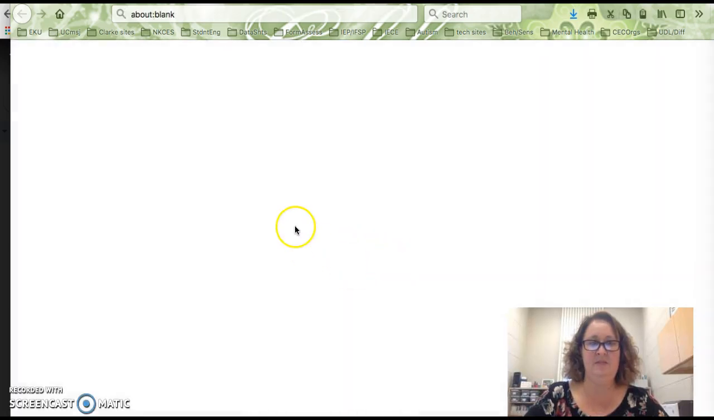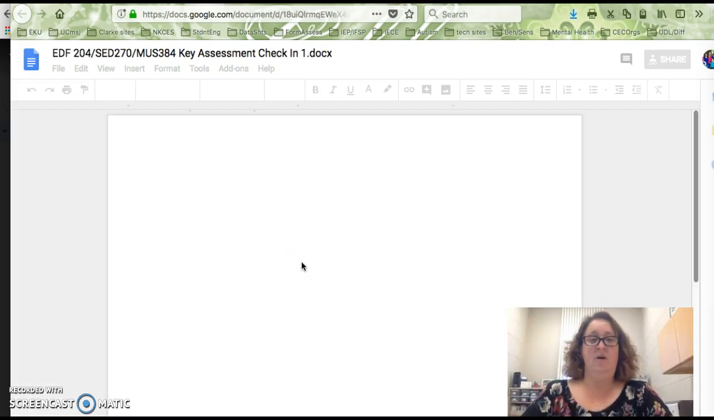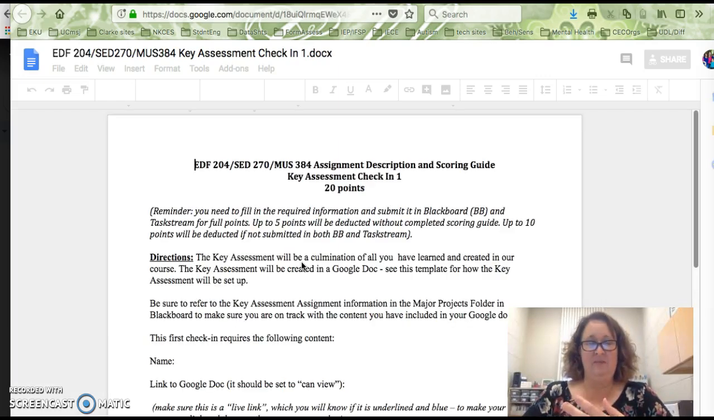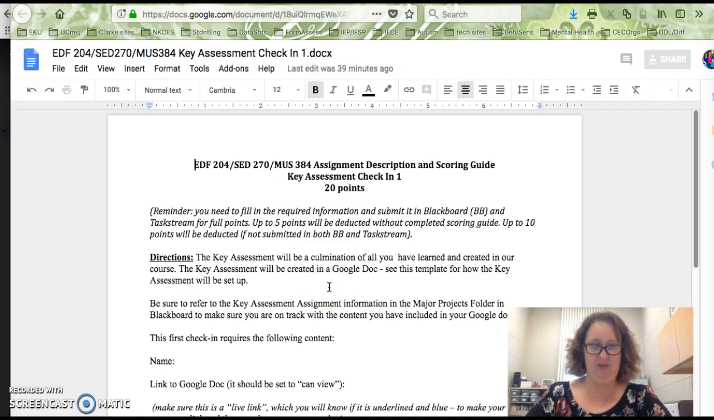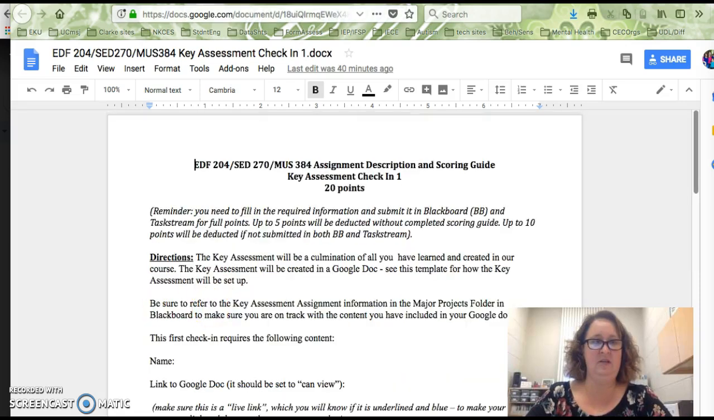So I'm going to open up this document. It's going to give me the exact requirements. So overall, you'll need to check in the major projects folder and then check for the specific assignment requirements. Once you get the assignment requirements taken care of, and for check-in 1, you're doing the introduction, the parts of the introduction and making sure you link in your teacher webpage, then you're going to go to your key assessment that you